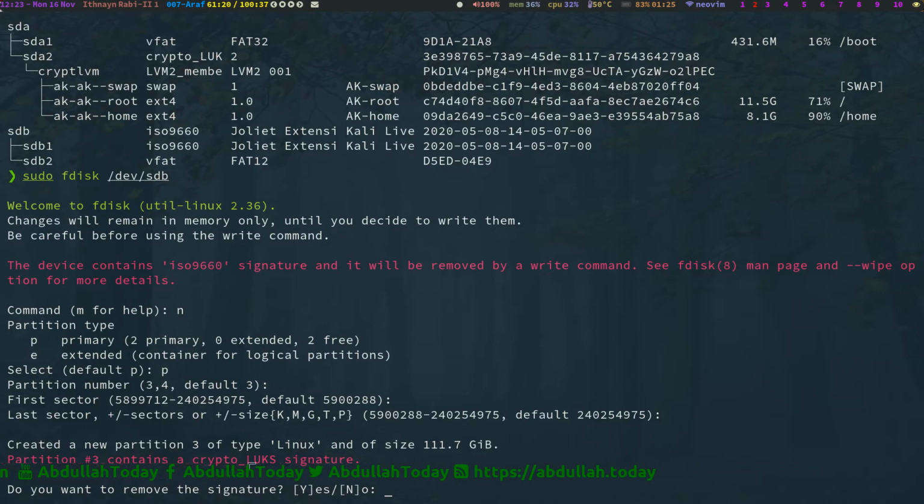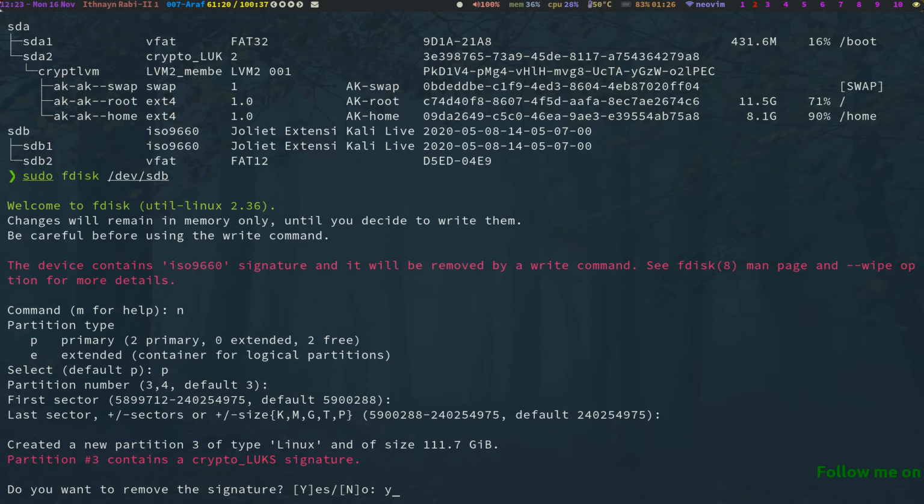You can see my existing installation also had a crypto_LUKS signature, so remove it with yes. If you don't see this, just hit w to write and it will be okay.